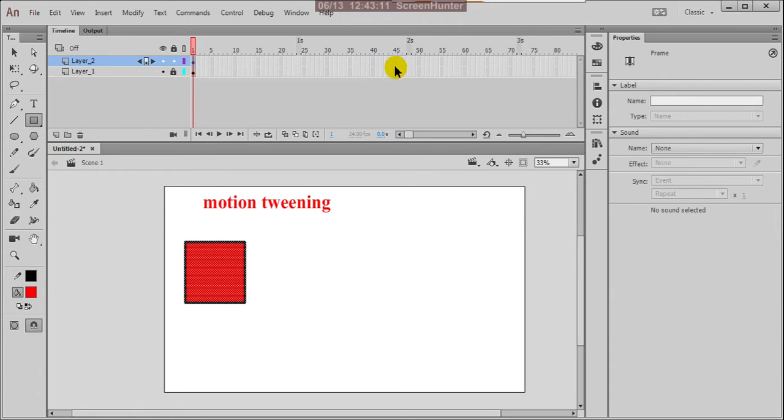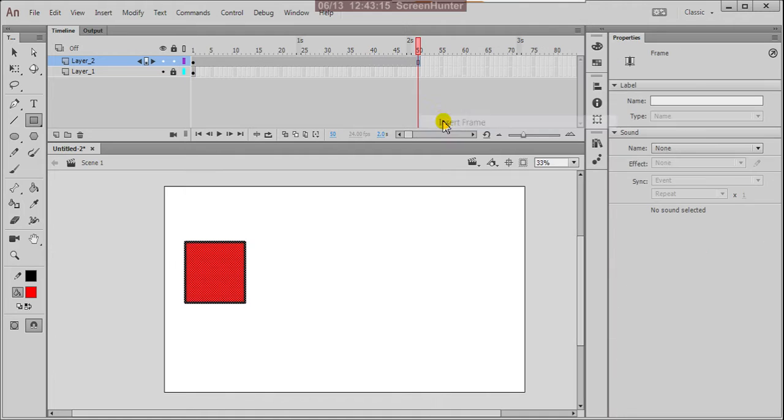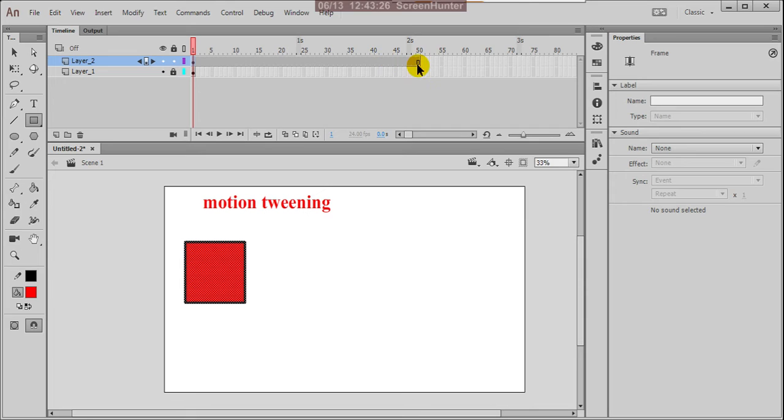This is my keyframe, and at the 50th frame right click and insert frame. That's it. Here there is no keyframe, only one keyframe here. This is extended, so between this frame and keyframe we'll create the motion tween.